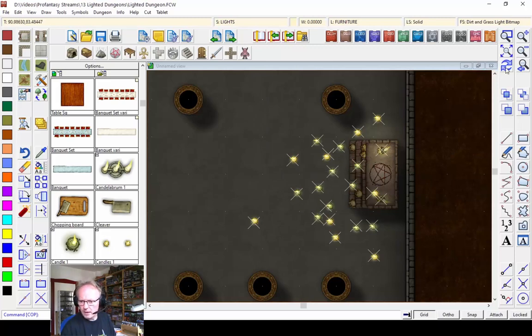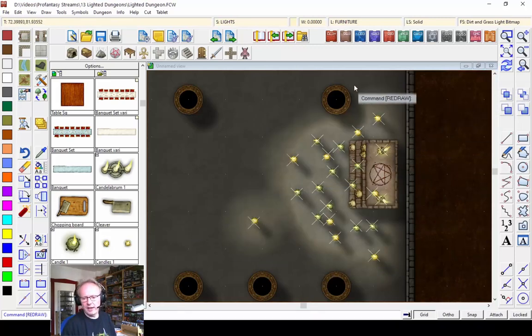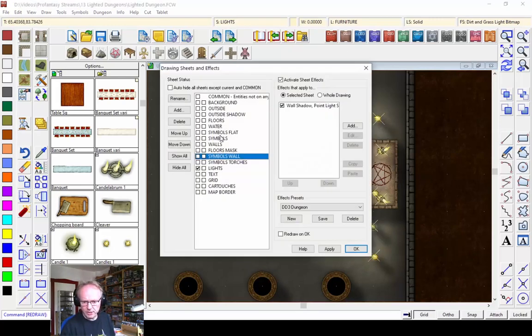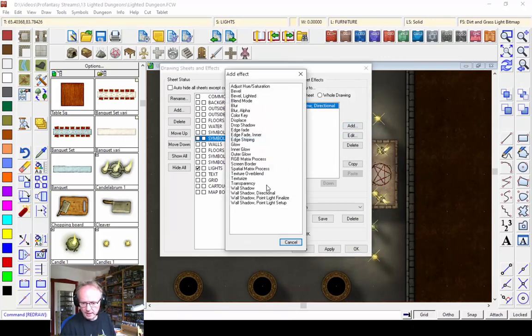So, and if you see, all the lights add up together and make everything pretty bright. But I'm seeing something, what the candles do, they actually cast shadows themselves. They are on the symbol sheet, and that's not what I want them to do. First, let's take a look at the symbol sheet. It does have a directional wall shadow, which doesn't ignore any light sources. So I'm going to turn this off and add a